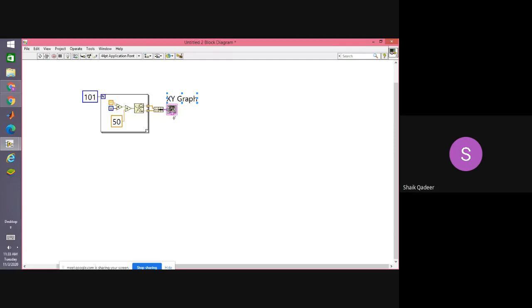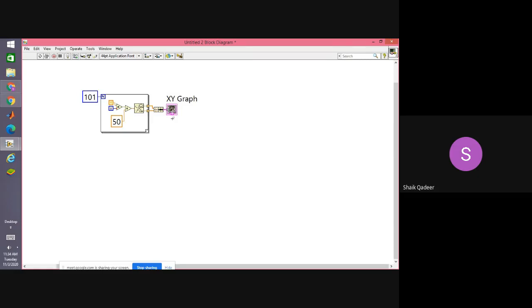Remember, XY graph takes two axis inputs, whereas waveform chart takes only one axis input, right?